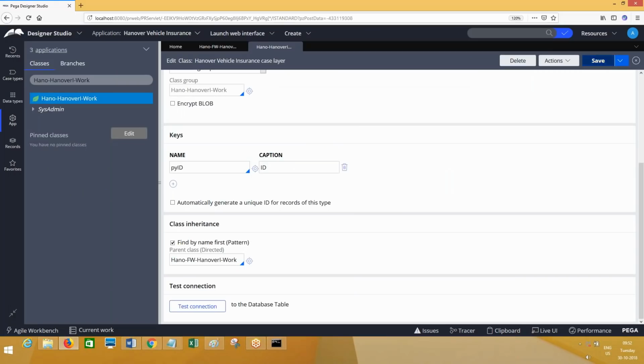Why will it be saved? Because framework class group's parent is work dash. That means your implementation is also deriving from work dash. So in the diagram I'll show you. Now what I have done is